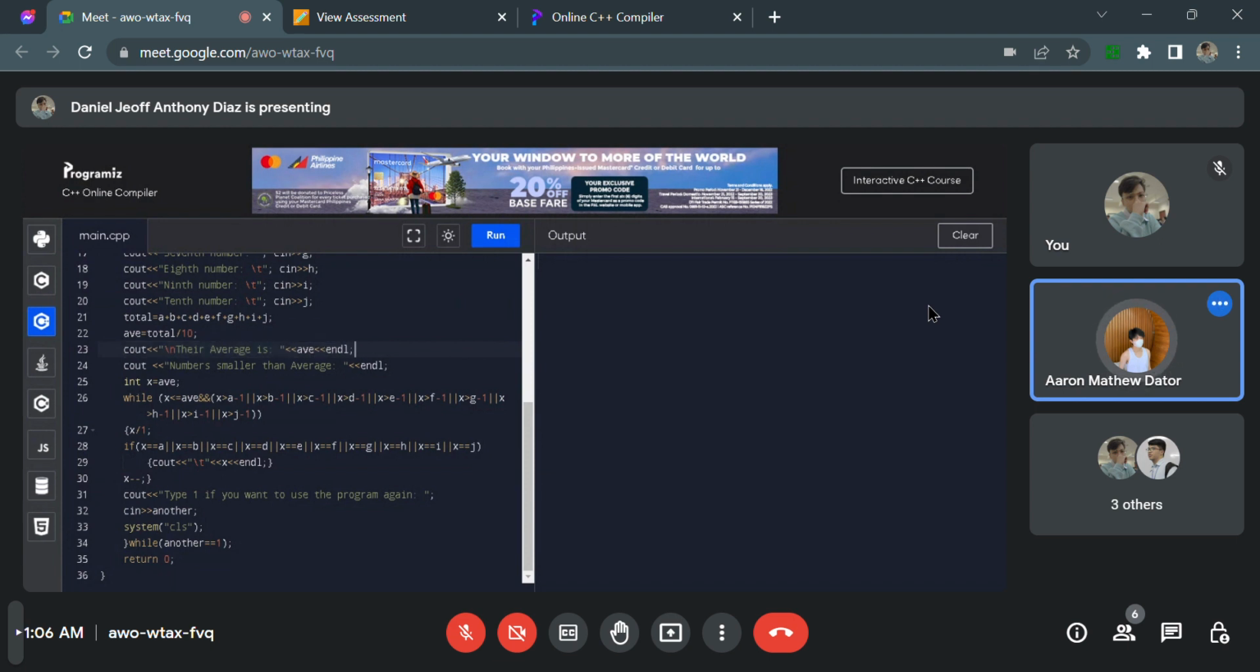And the next one, another program statement saying "Number smaller than the average", and then the end. Now, for the number smaller than the average, we will int x equals average. And then we will add the while statement,